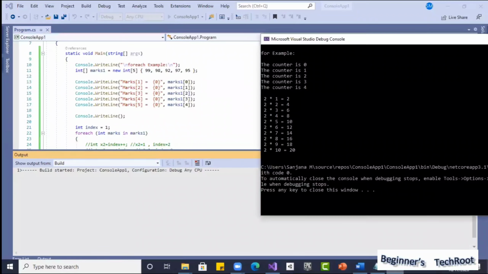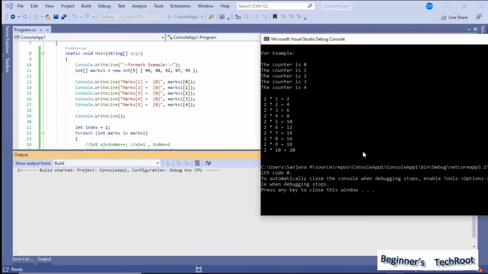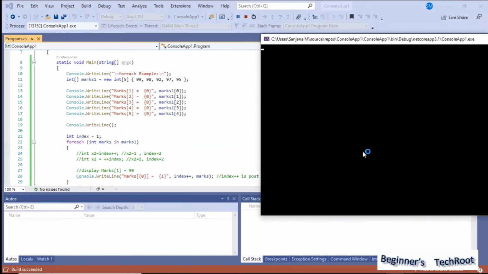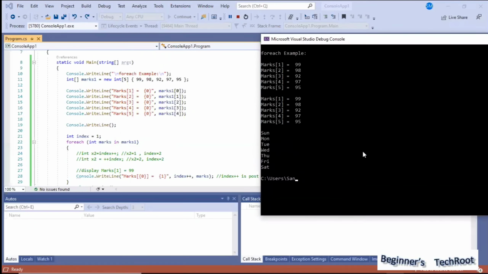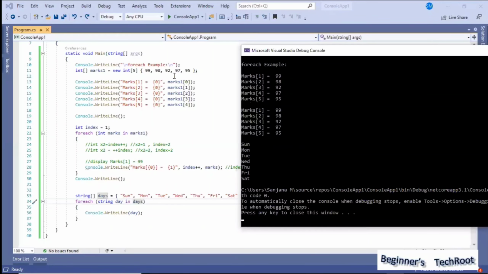If we see the output, sorry, earlier I didn't press enter. Anyhow, it's refreshed automatically. Now you see, for the first example, we repeated Console.WriteLine five times, so that marks 1, 99, marks 2 like that are displayed.